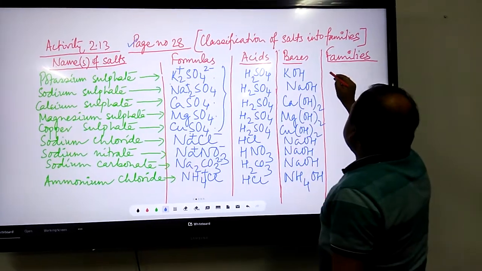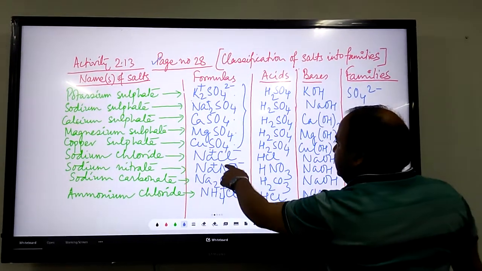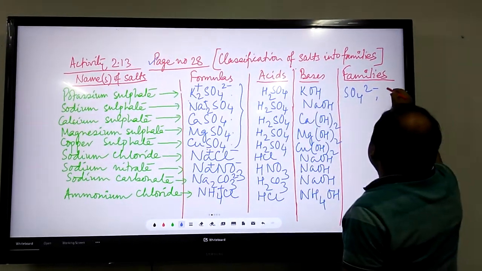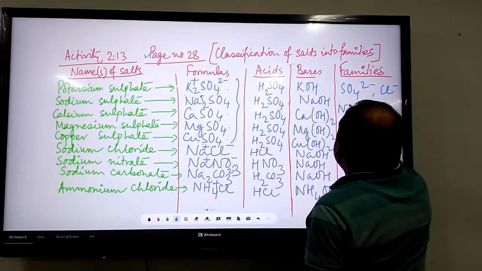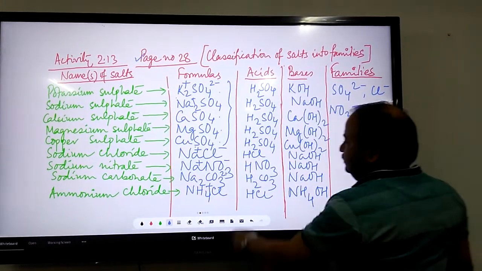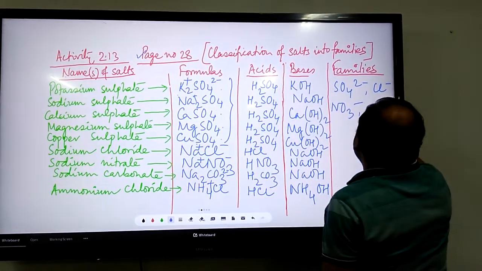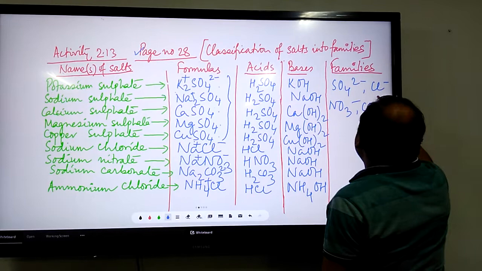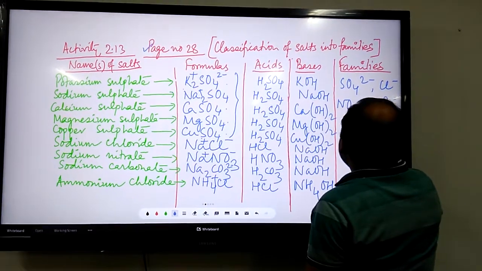So you are getting one family, that is sulfate, SO4 2 minus. You are getting another family here, that is chloride, Cl minus. You are getting another family here, that is NO3 minus, nitrate. You are getting another family, that is the carbonate family, CO3 2 minus. You are getting another family here, that is